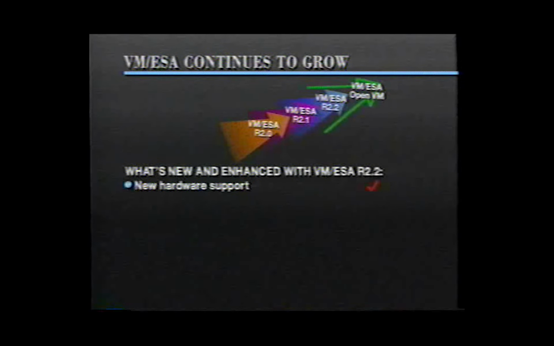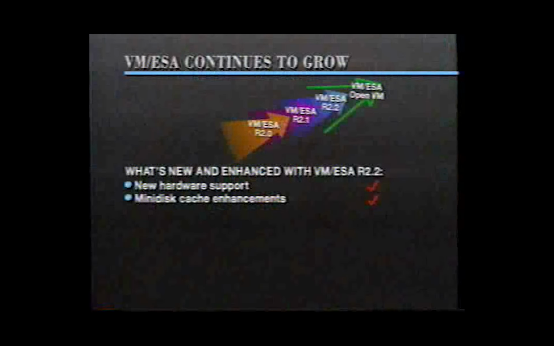We're really looking at things like improving the system management, the performance, the administration. And VM-ESA works well with the new 9221 processor to provide enhancements in all of those areas. Minidisk caching takes advantage of the performance improvements with the data and memory technology. Previously, only 4K blocks of data could be cached for CMS minidisks using expanded storage only. Now, with our enhancements to minidisk caching, CMS and guest DASD can be cached, full tracks of data, and using